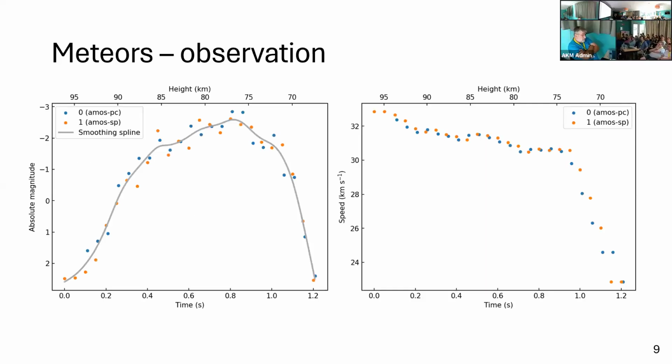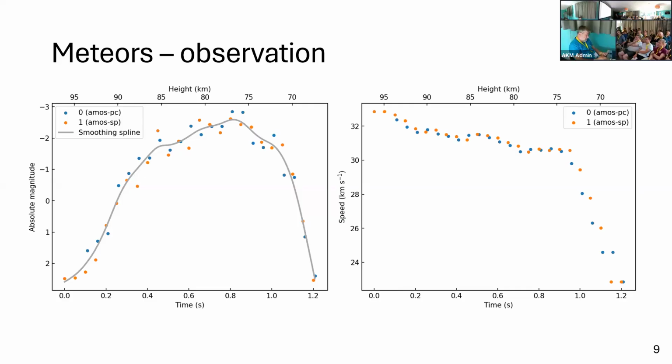Our observation looks like this. On the horizontal axis, we have time, or at the top there is height. The left plot shows the measured absolute magnitude, and on the right-hand side, there is measured speed. The points are either blue or orange, so this is a double station observation. Each station has its own color. Additionally, through the measured absolute magnitude, we have plotted the smoothing spline